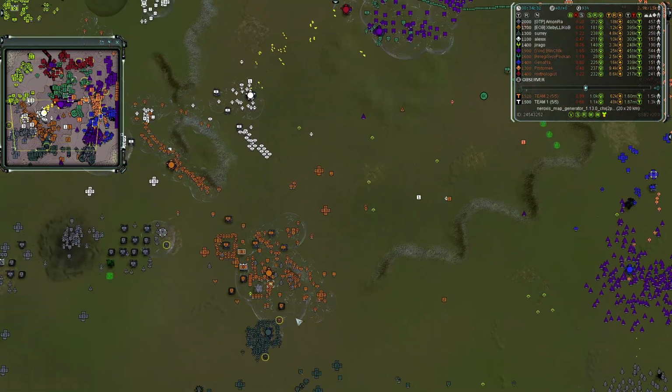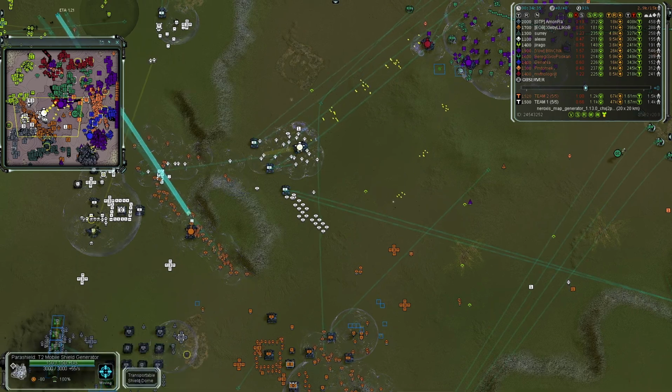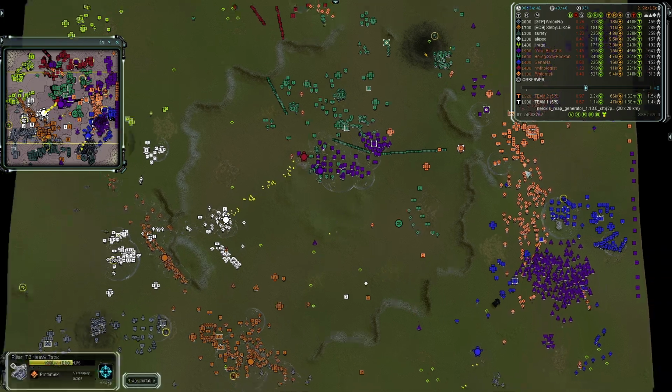Then we have two Fat... What happened to that? Did that other Fat Boy die? No, it's over here. Where is this? Why is it... Oh, it's going over here to assist the Western Front. Team 1... That doesn't make sense. Team 2...